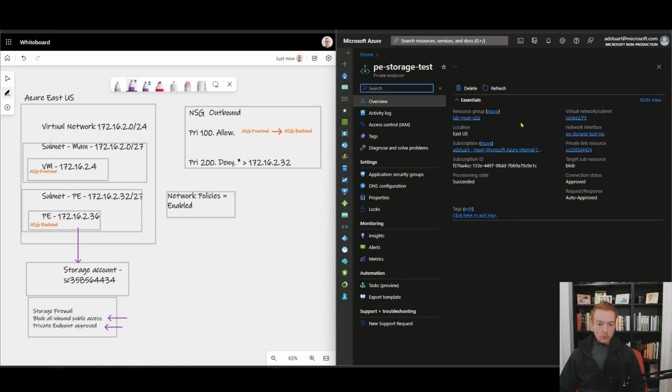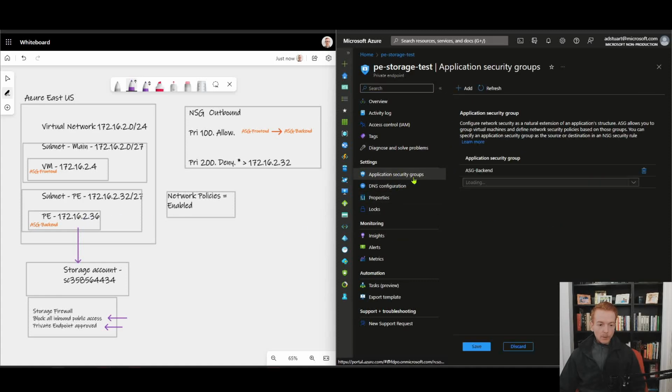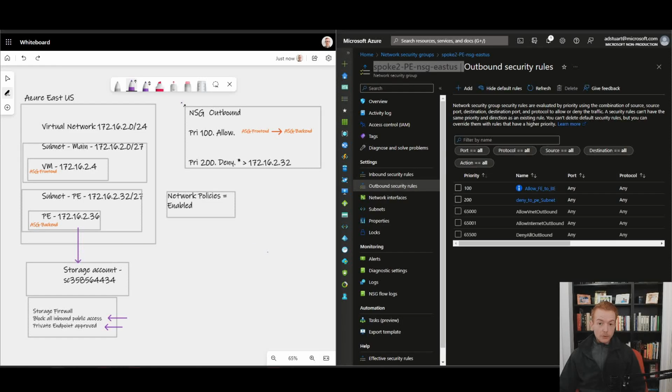Our private endpoints also support ASGs. So here's my private endpoint, which has got this address 2.36. When I built this private endpoint, I tagged it with ASG-backend. That's represented by the orange X there in the diagram. The first test will show how we can combine these features together is with an outbound NSG on my virtual